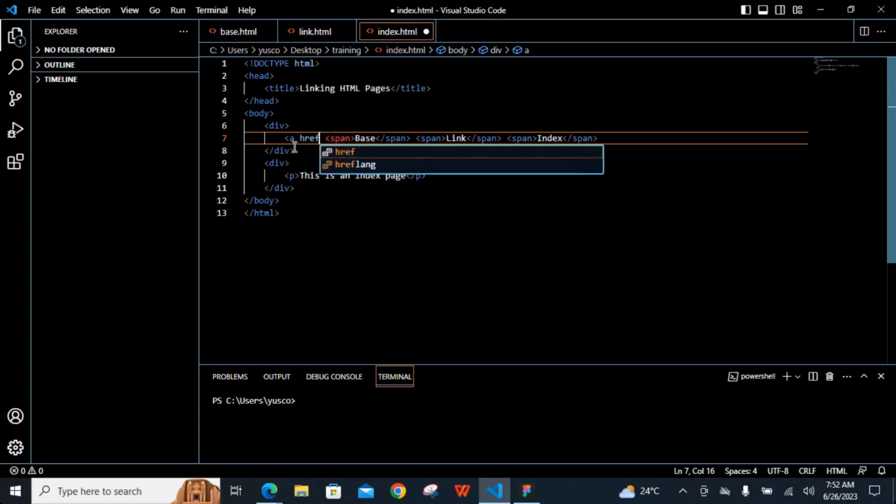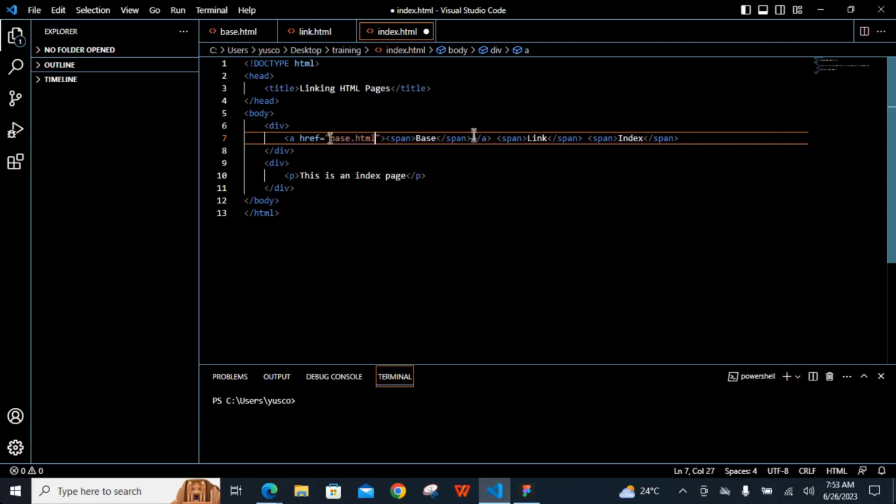So we have href, that is the hyperlink reference equals, let me close this so that the span will be clear. So I can go to the back of the closed span and add my closing a tag. Then since it's base, I want to link base, so I'll just say